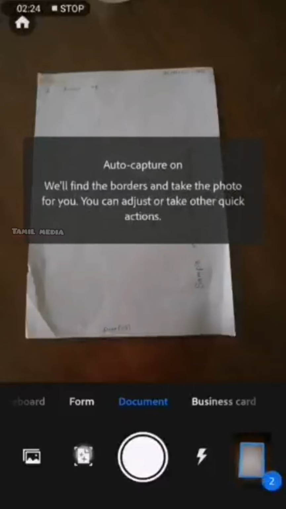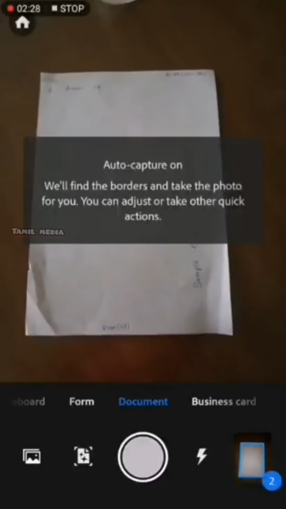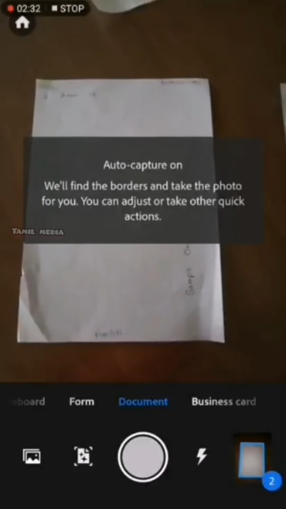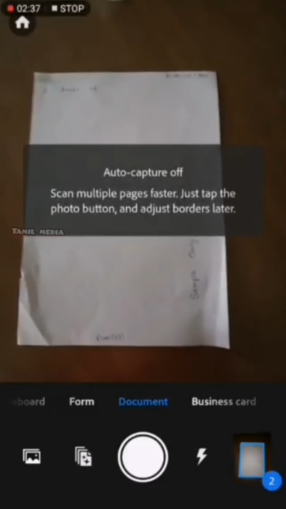Otherwise, you can turn it on like this, and it will automatically scan your papers. If you do not want to automatically scan, you can turn it off like this. Now I have turned it off, so now I have to click on the capture button to scan the paper.